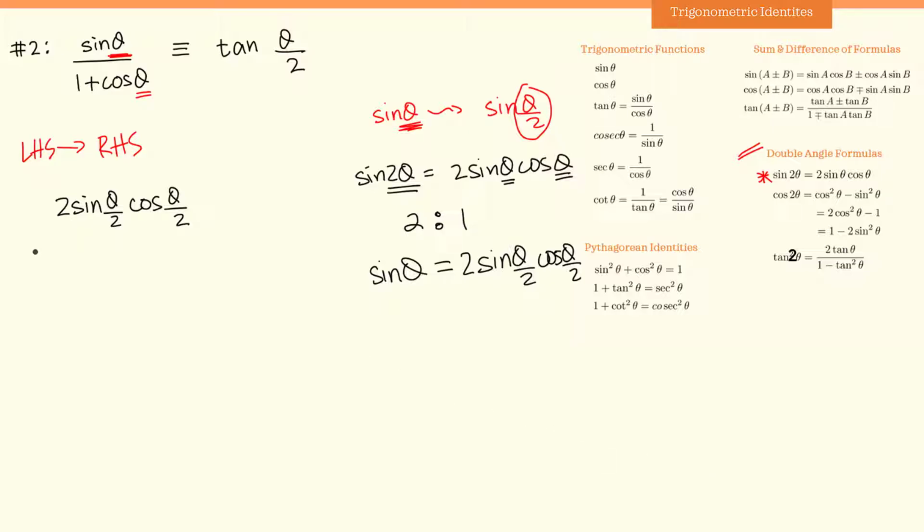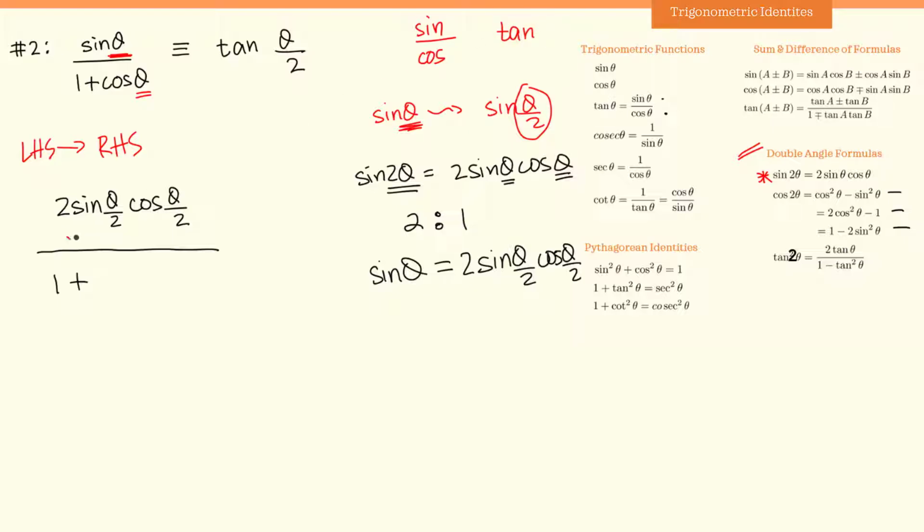And similarly in the denominator, in place of this cosine of theta, I need to replace a trigonometric function that has the angle theta upon 2. To change the angle of the cosine function, I can use either of these three formulas. Notice over here that there is a tan function on the right hand side. And how do we get a tan function? We get the tan function when there is a sine theta divided by a cosine of theta. So this means in the numerator I need a sine function, and in the denominator I need a cosine function in order to get a tan function.